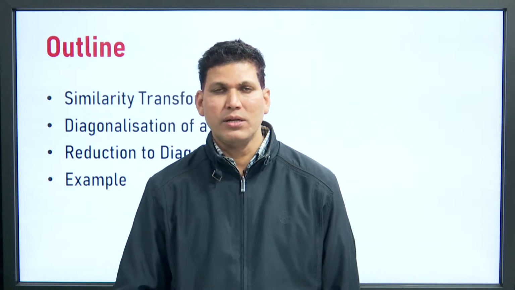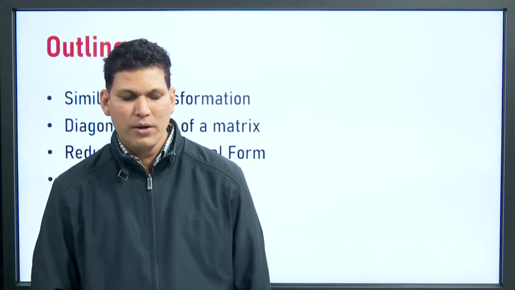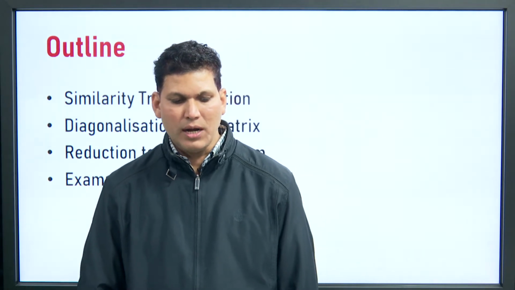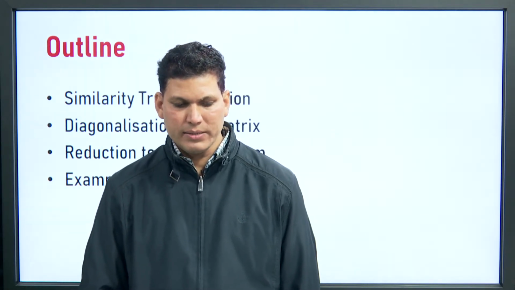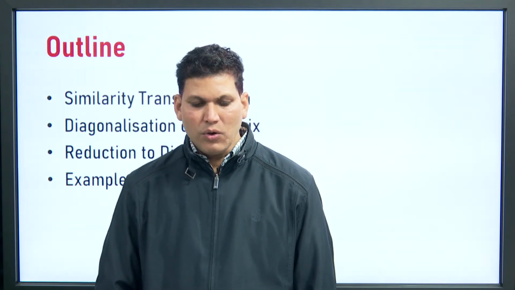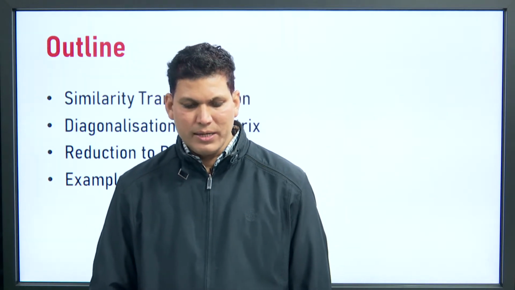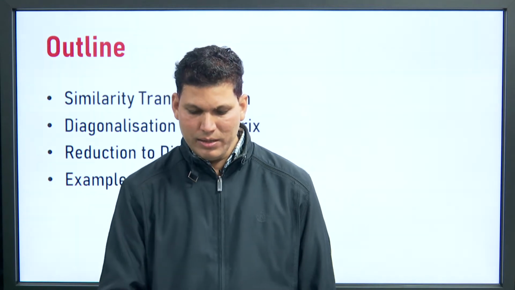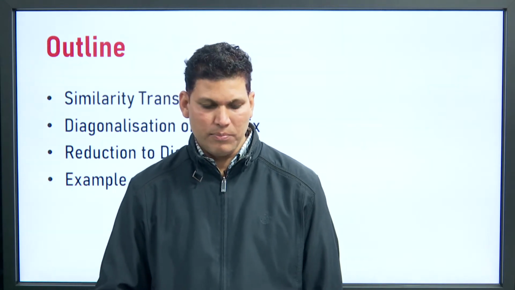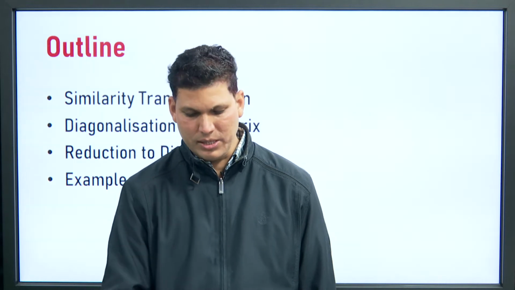In the present lecture, I will discuss with you how we diagonalize a particular square matrix. It is a part of the course Engineering Mathematics 1, KS 103T. In this lecture, in the first section, I will discuss what the similarity transformation is, then how we diagonalize a particular matrix, then what the algorithm is to convert a matrix into diagonal form. Then we will see this whole process with the help of an example.